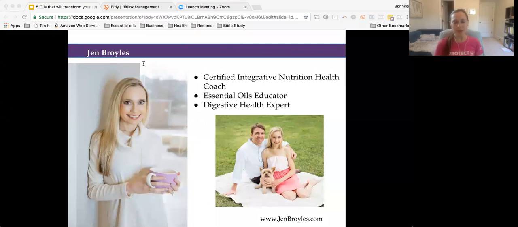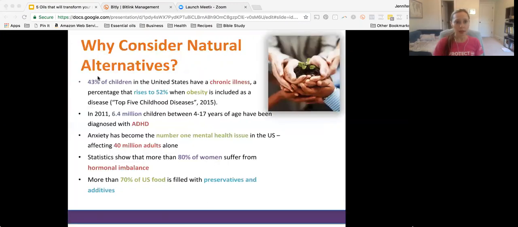And so I started doing a lot of my own research on essential oils, and it led me down this path to explore more about oils and different oils for different situations and conditions. And now that's where I spend so much of my time, and what I love doing is just educating people on how to use oils in their home with their family and for their specific health goals and health concerns.